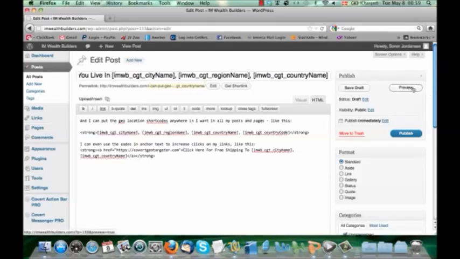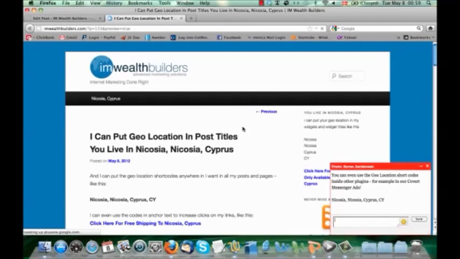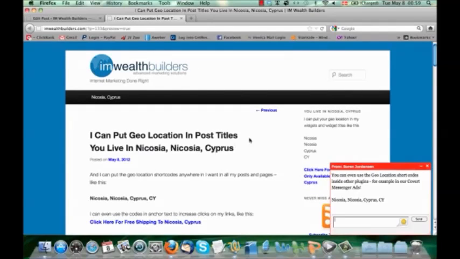So what I'm going to do now is click on preview, and we'll go see this in action. Now I'm in Cyprus, and no, the plugin is not broken. Where I live, the state and city name is actually the same, but I'm going to show you some other variations in a bit. And another thing you'll notice here is my Covert Messenger ad popped up here, and I've actually added the shortcodes in here, and they work just fine in the plugin.